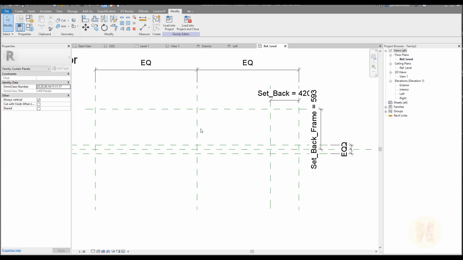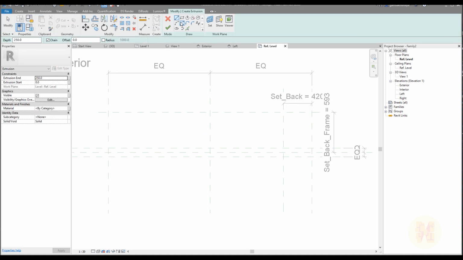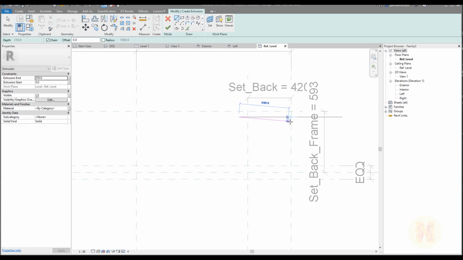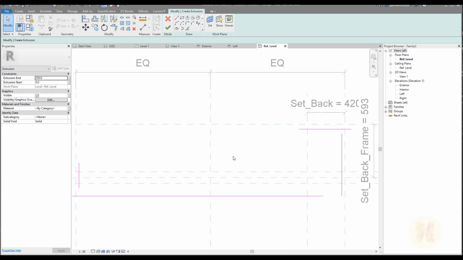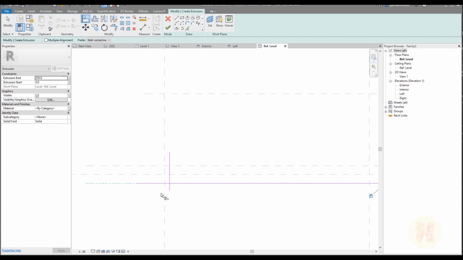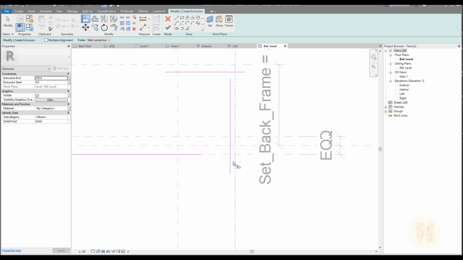Okay, now we are ready to create our geometry. Let's go to the create, extrusion, and let's create it. Again, create it roughly. One line, second line, here another line, and here one more line. As you can see, it's really rough right now. I will use the align here. Now I will use the align here, and